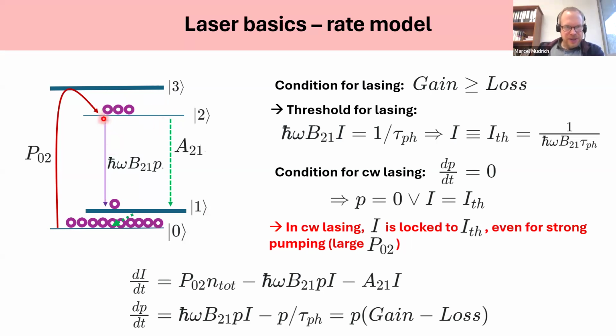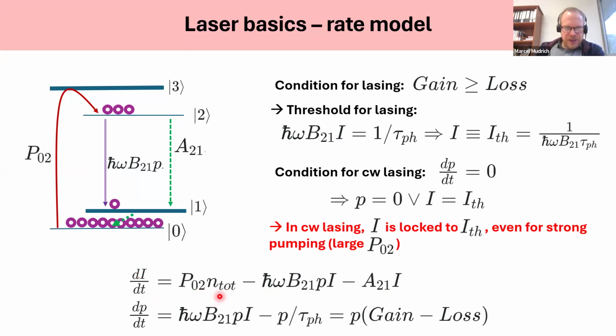So we want stimulated emission, this transition from the upper laser level down to the lower laser level, to be the dominant process, so to have a faster rate compared to our enemy, which is spontaneous emission, which depletes the inversion by spontaneous emission of photons, which is incoherent and thus the unwanted process. So inversion